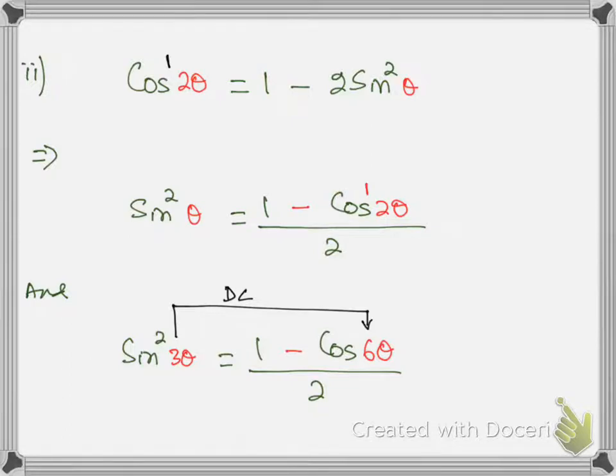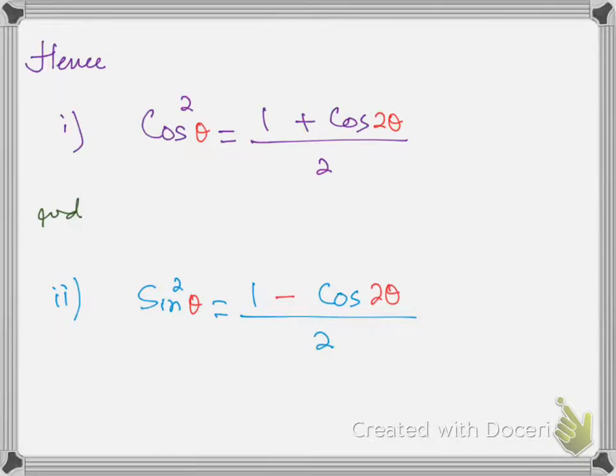Now if you want to work for the angles, then again you should see this is 1 and this is 2, meaning double angle is here. This is the double. So if you see here, this is 3, so this must be double, 6. Hence cos square theta will be 1 plus cos 2 theta upon 2, and sin square theta will be 1 minus cos 2 theta upon 2. If you observe these two formulas, the only different thing is the sign. This is plus and this is minus. Both are in the form of cos, but with opposite signs.